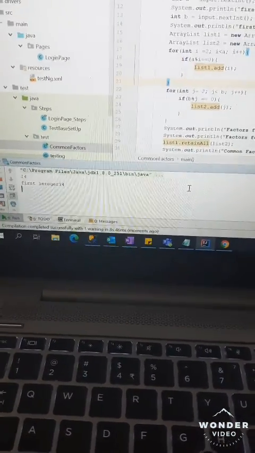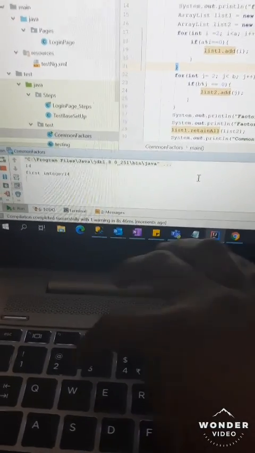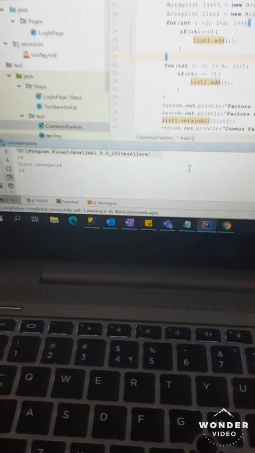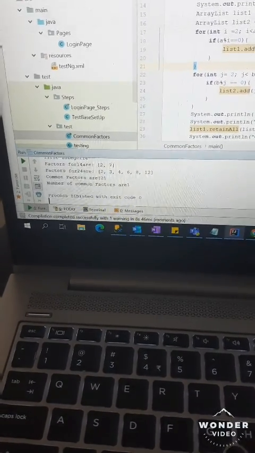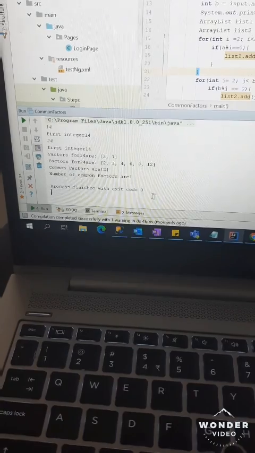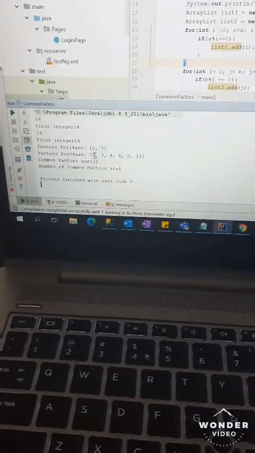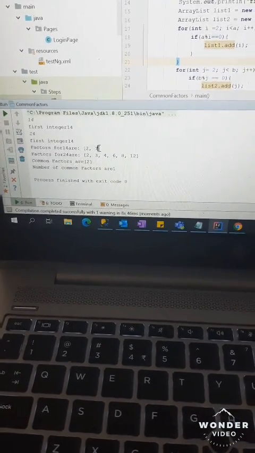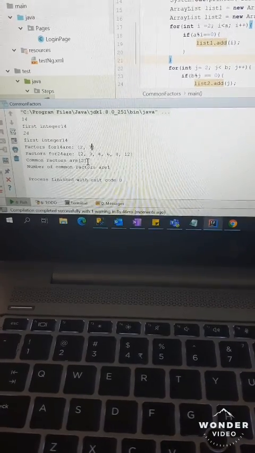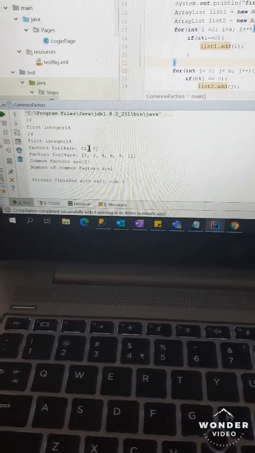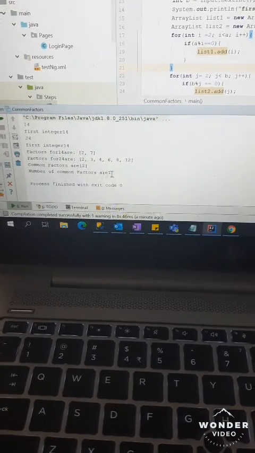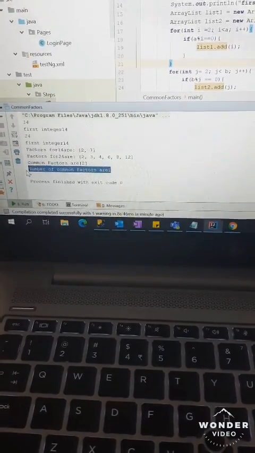Next value, let me give 24. Okay, now you can see the factors for 14 are 2 and 7. Factors for 24 are 2, 3, 4, 6, 8 and 12. So there is only one common factor, which is 2. So the number of common factors is 1.